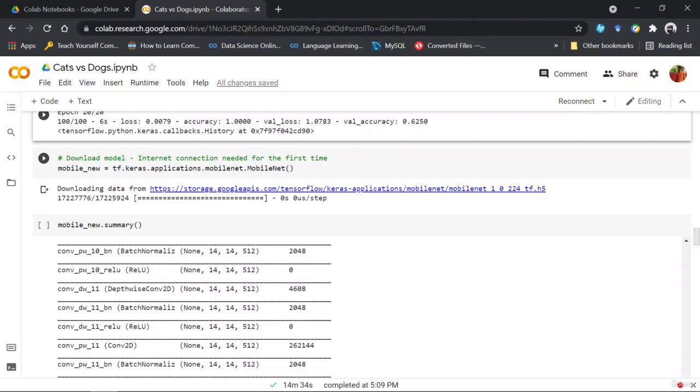As I told you before, this MobileNet has fewer parameters and fewer layers itself also.